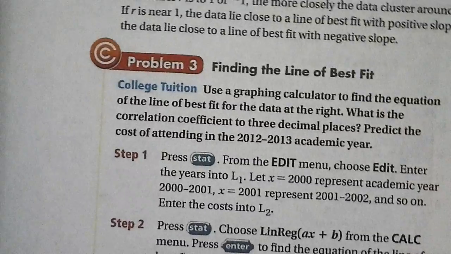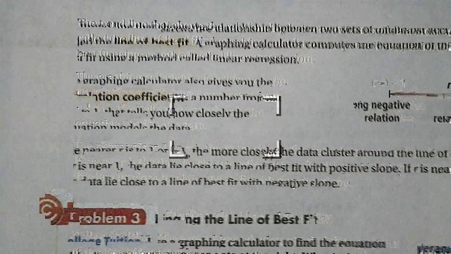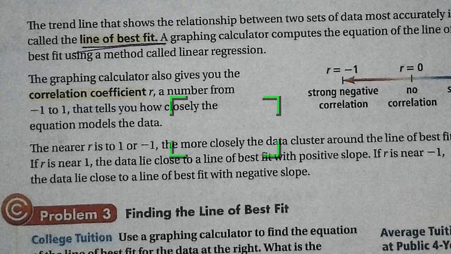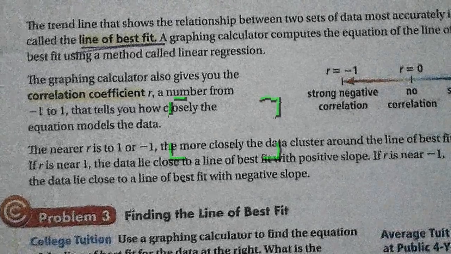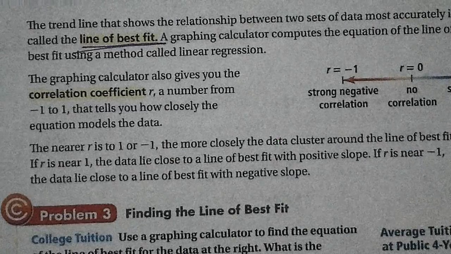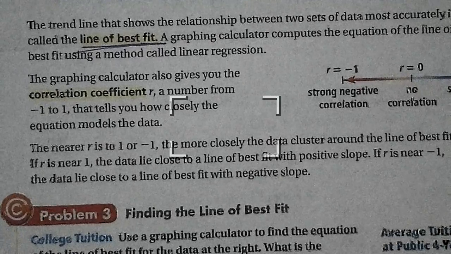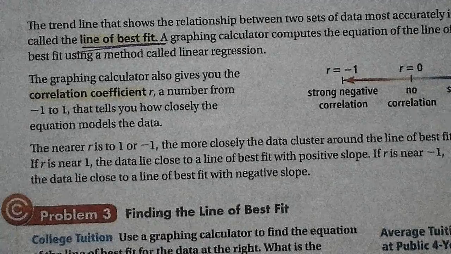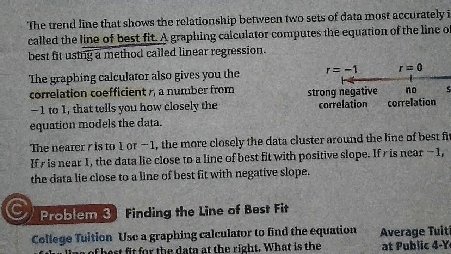to this one. All right. So a few vocabulary words. The trend line that shows the relationship between two sets of data most accurately is called a line of best fit. So that's what we kind of just did, a line of best fit. So a graphing calculator computes the equation of a line of best fit using the method called linear regression. So unfortunately, since you guys don't have graphing calculators, we're really not going to look at the line of best